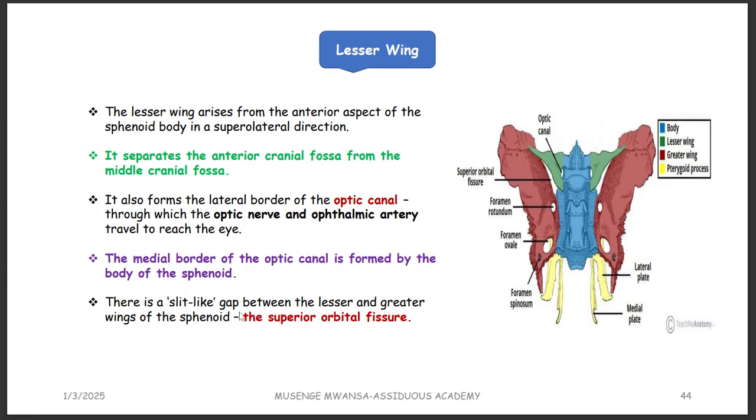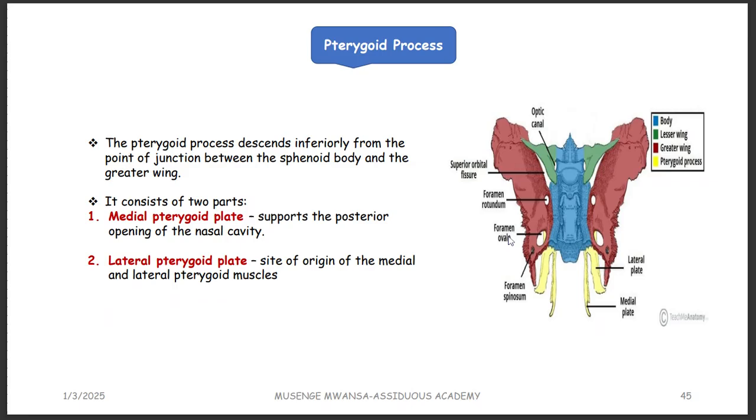And then you also have the superior orbital fissure, this one. It's a very big fissure. It is going to open in the eye. Together, the optic canal also opens in the eye, just like the superior orbital fissure opens in the eye. And then the pterygoid processes, you have got the medial pterygoid processes, and these ones are going to be able